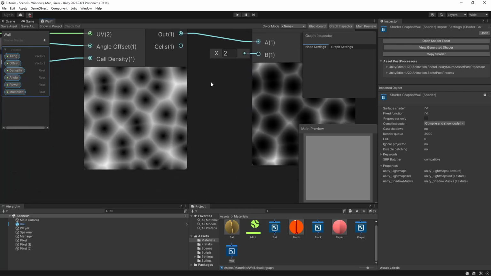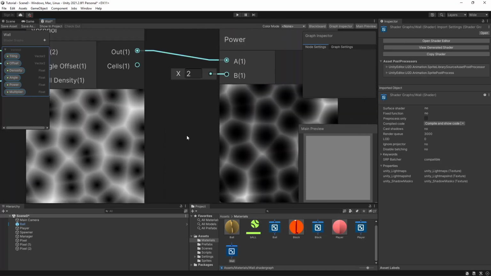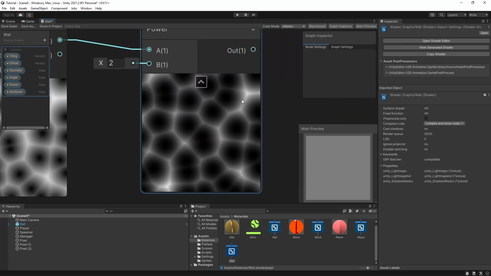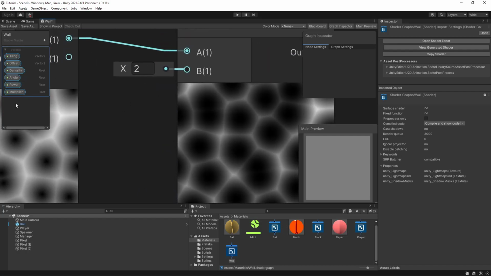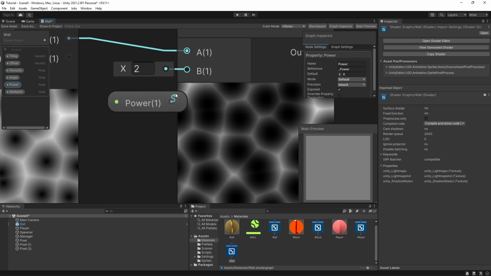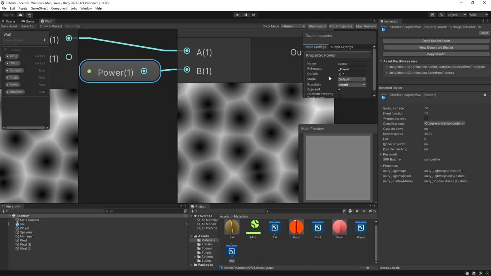All these values here are values between 0 and 1. So the power will keep the white values, the stronger ones, and it will darken the weak white values. Let's drag this. Give it a default value of 1 for now. You see, if I increase this,